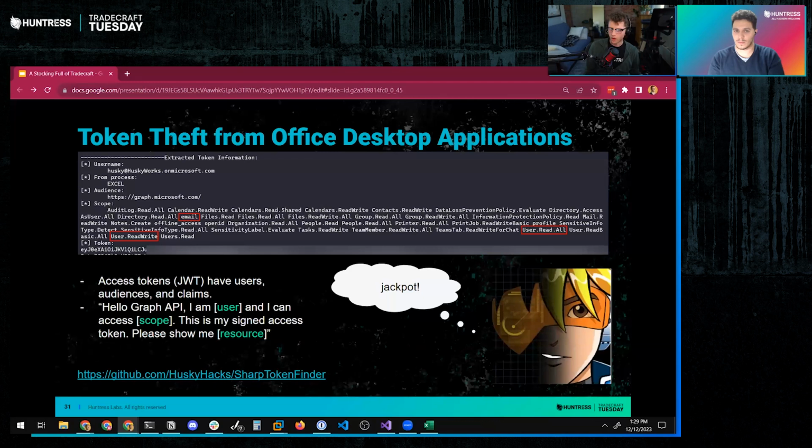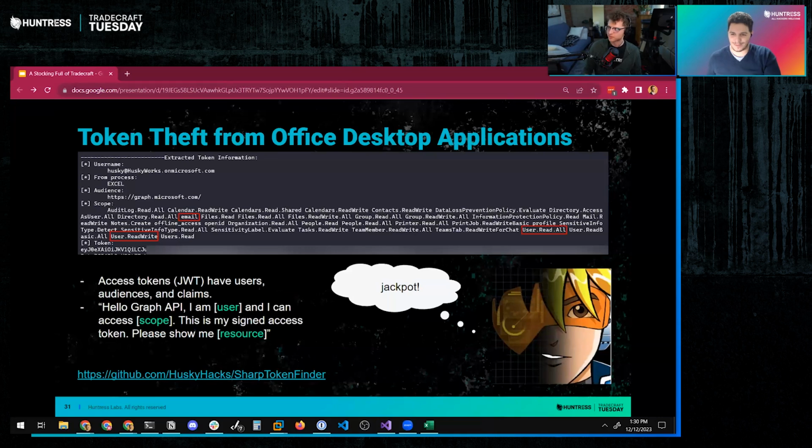What we're going to do is, via any tool that we want to use for this, dump the running process memory from this Excel process, and carve into that process memory and look for access tokens. In this case, we're looking for a particular type of string. Those of you familiar with API and web security may know what I'm talking about.